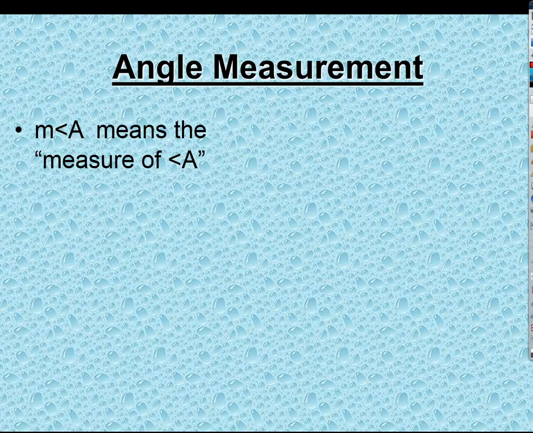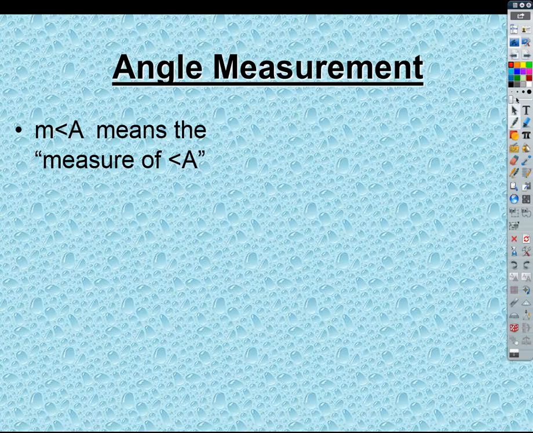We can think about straight line types of things, which we already talked about last section. We talked about segments and rays and lines, and let's just take a segment, for example. If I'm taking a segment that goes from A to B, we could talk about the length of that segment, couldn't we, right? And that means something to us. It means how far apart those points are. When we want to talk about angles, we have to be able to do the same kind of thing. We have to be able to say in an angular sense, which is a little harder to wrap your brain around, how far apart are, for example,